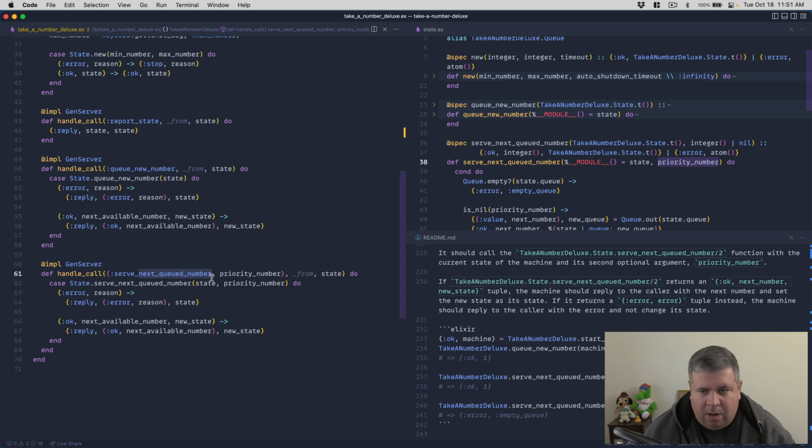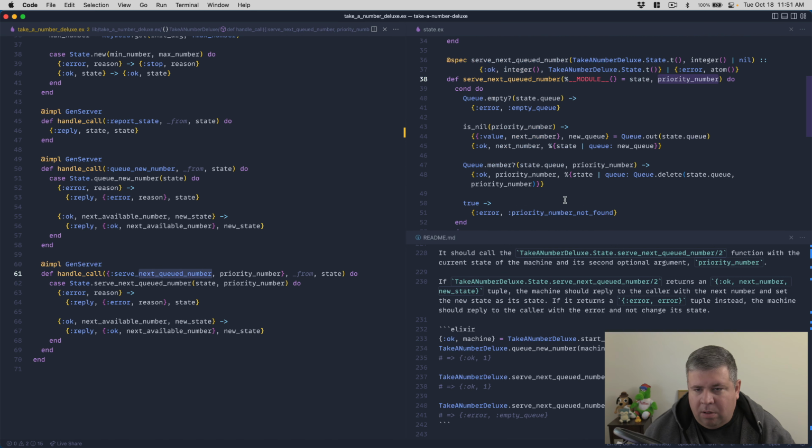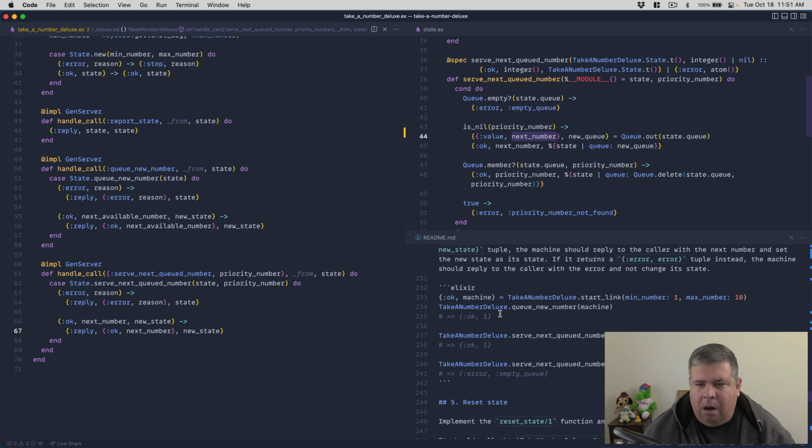I think you'd call this queued number state, priority number not found, next number, priority number, next available number. I'm a little lost on what I should call this. I'm just gonna say next number. I don't know if that's right, if I'm doing this wrong. Alright,